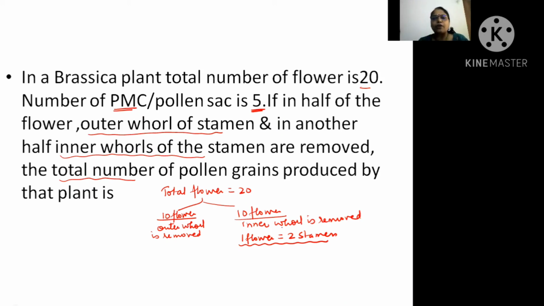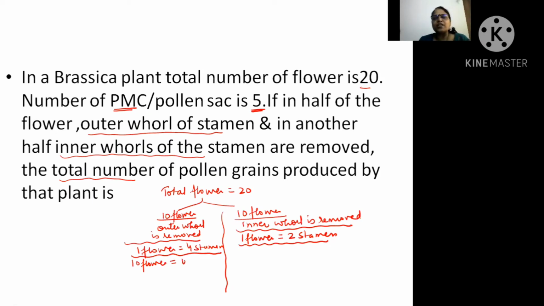That is about the outer whorl. And here what we will find is that one flower is having total 4 stamen. This we have to remember, where one flower is having what. Now start solving. So it means one flower has 4 stamens, so obviously 10 flower